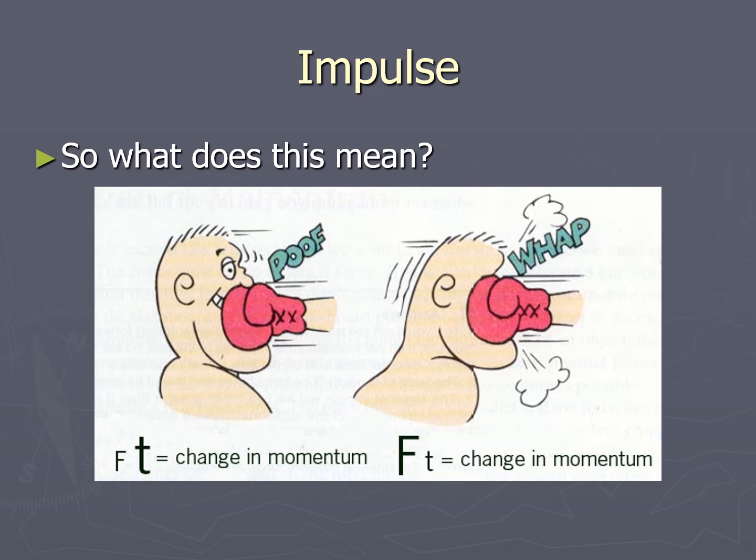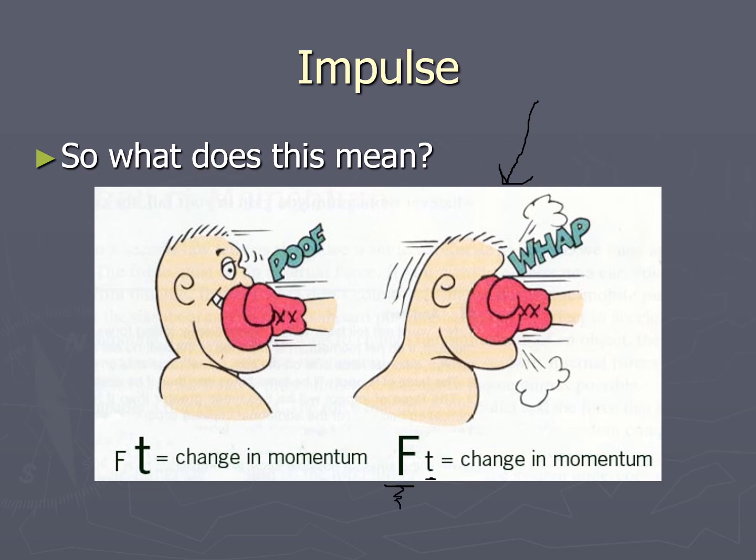Here's a cartoon that I found that illustrates this pretty well. It's a boxer, and he's getting hit in the face. So the momentum of the other guy's hit is being transferred to his face. He's going to stop the punch. But the question is, does he want to lean into the punch, or does he want to lean away from the punch or move with the punch? If he leans into the punch, he's causing the punch to stop quickly. Because the punch stops quickly, it stops in a small time, which means he experiences a